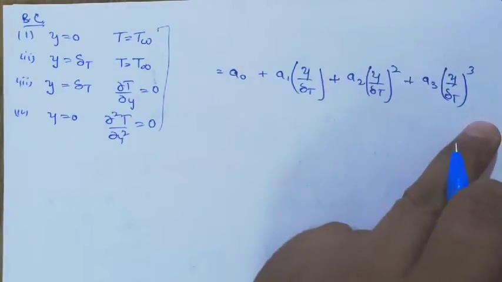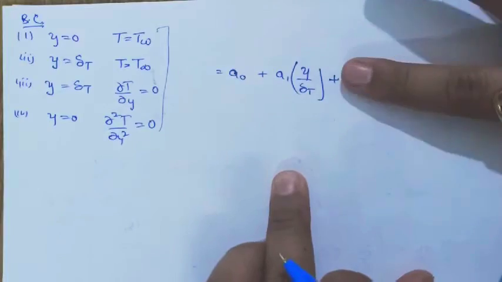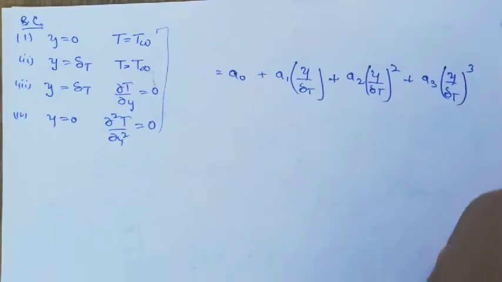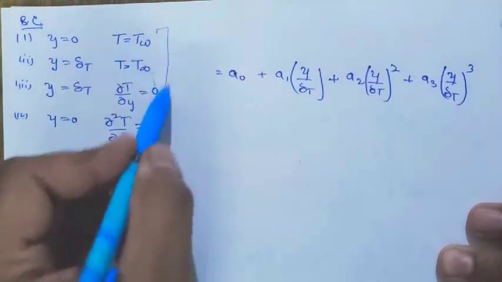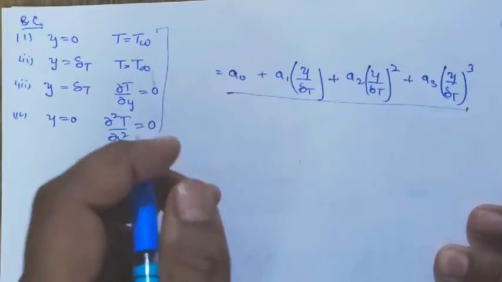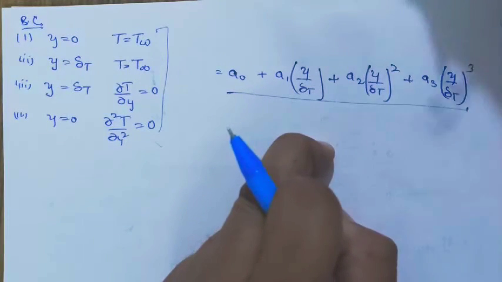so I have taken up to third order. You can solve it for second order also, then you get different relations. You can get it for first order also, you'll get different relations, as well as for the fourth order you'll get different relations. So by using these 4 boundary conditions, I have to solve it for third order, and after getting these values, I'll get as